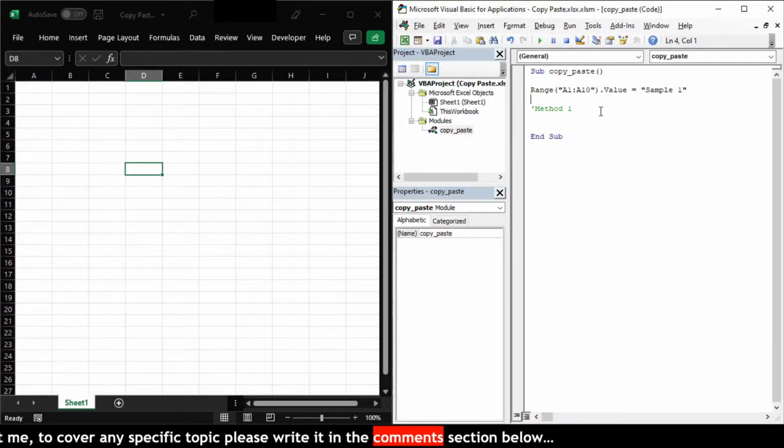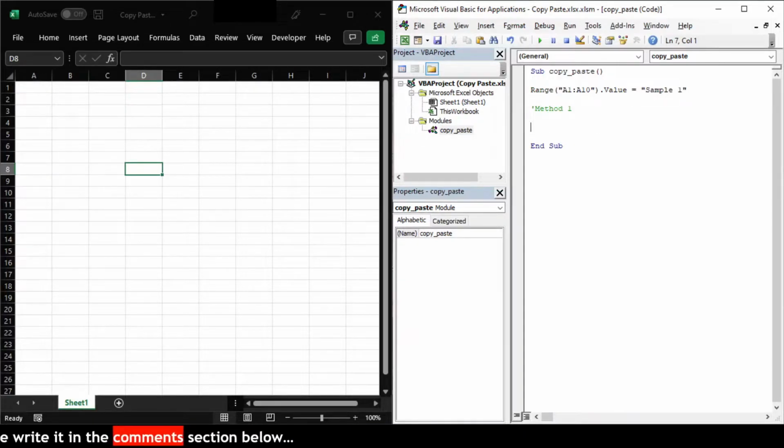Now, we'll copy the data from the cells of column A and paste it in column B, which is quite simple.